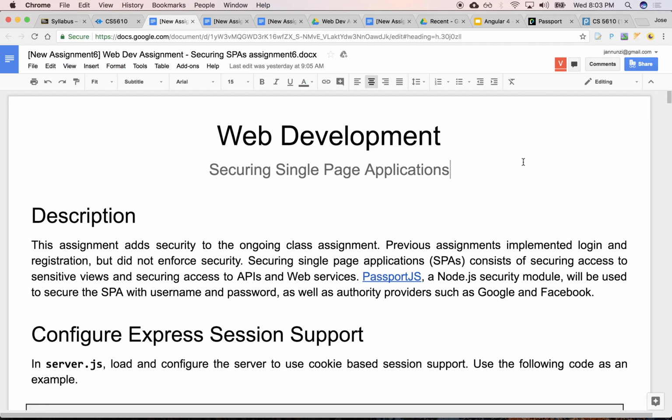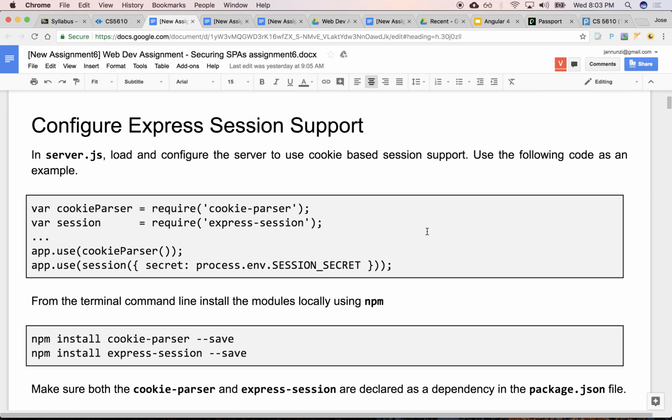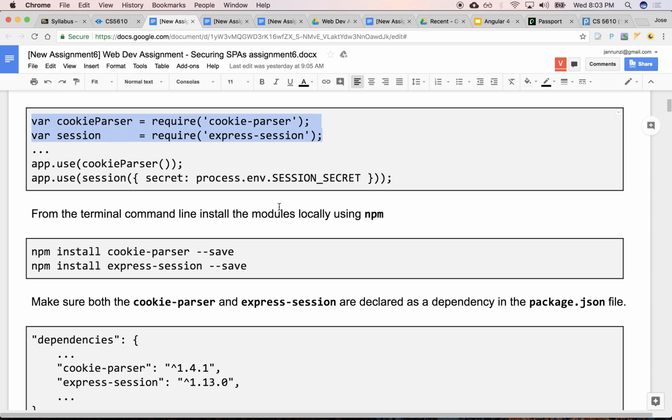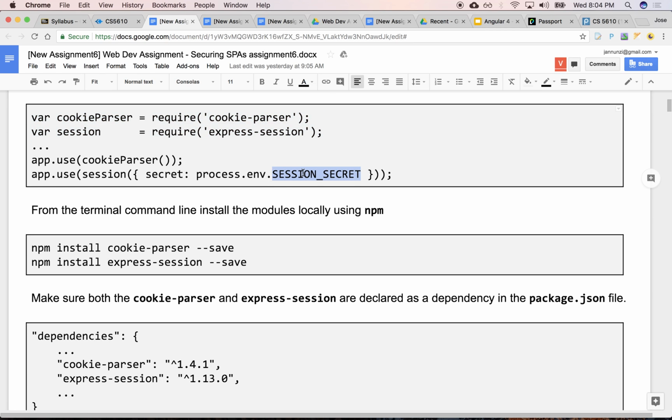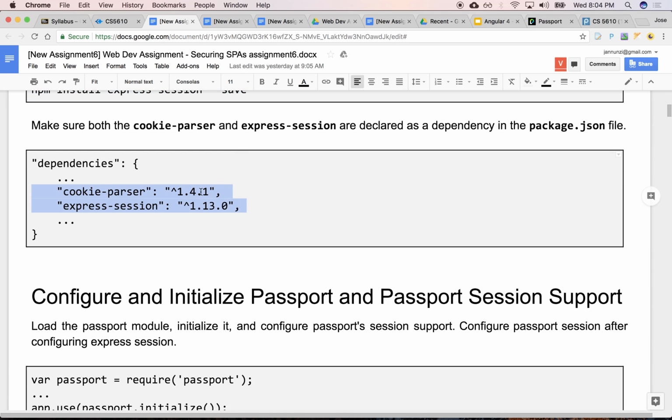All right, so this is the next assignment, the last assignment, which is web securing single page applications, which asks you to do a lot of what we just did in class, right? To configure cookie parser and the session, and set up a session secret. Make sure you configure that on Heroku, and perhaps also configure it locally on your machine. And don't forget to do a dash save and verify that the libraries indeed were added as dependencies